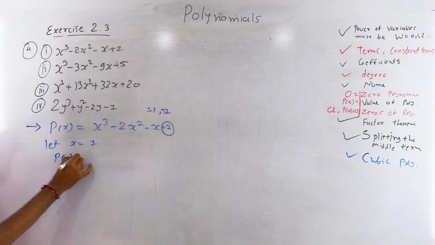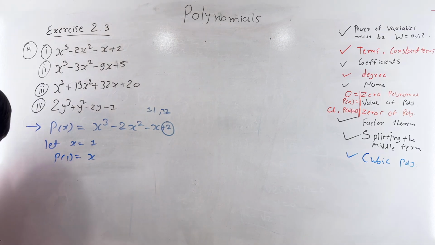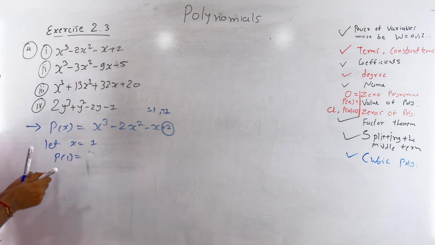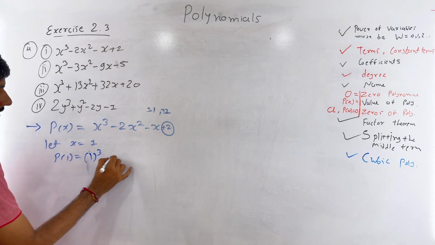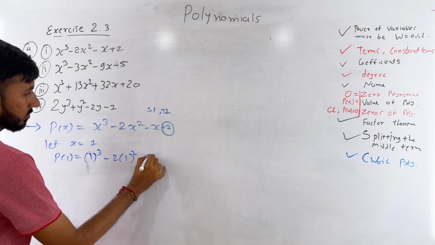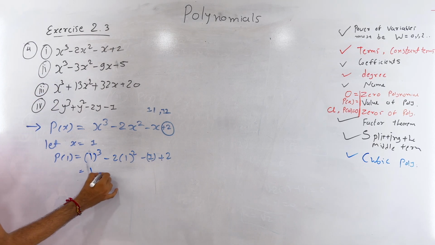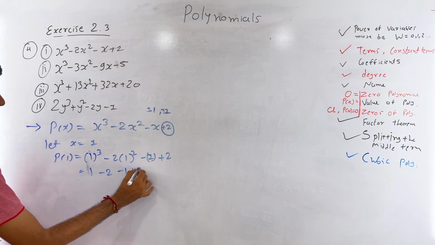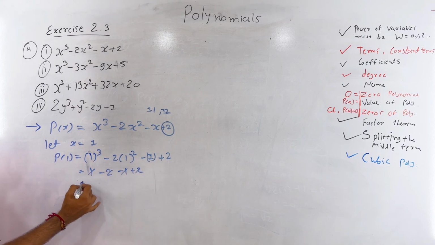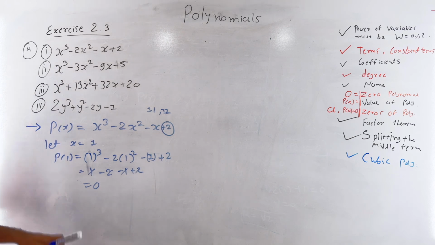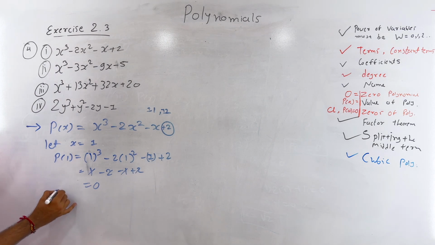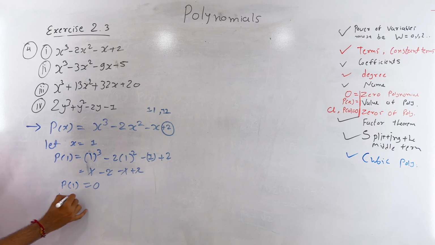So p of 1 is equal to 1 cube minus 2 in bracket 1 square minus 1 plus 2, right? So 1 cube will be 1 minus 2 minus 1 plus 2. So my final answer is 0. Once you get p of a is equal to 0, that means by factor theorem I can say p of 1 is equal to 0. So by factor theorem